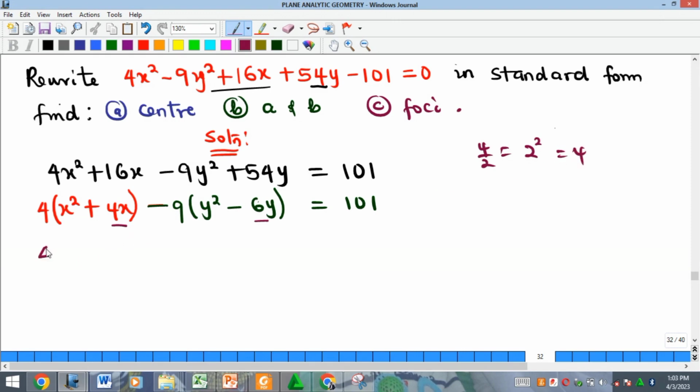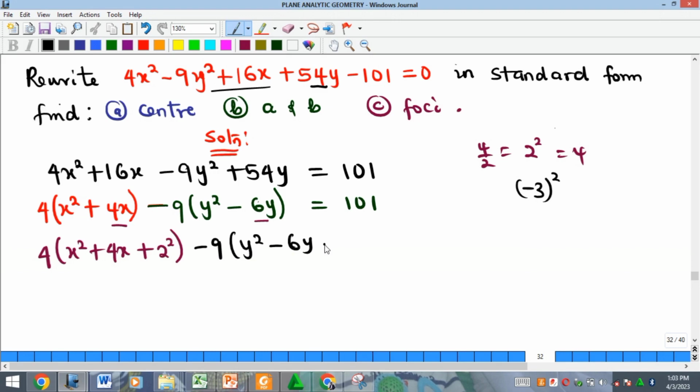So that means here it is going to be 4 into the bracket of x squared plus 4x plus 2 squared. I usually would say let's leave it as 2 squared, which is 4, and then that will be minus 9 into the bracket of y squared minus 6y. Now half of minus 6 is minus 3, so you add minus 3 squared inside this bracket. You close the bracket now, and that is equal to,